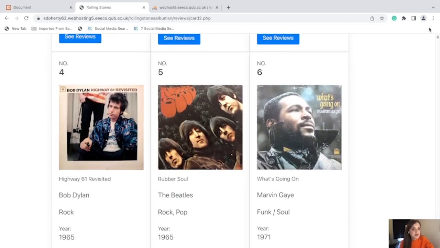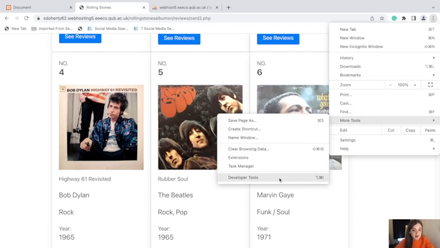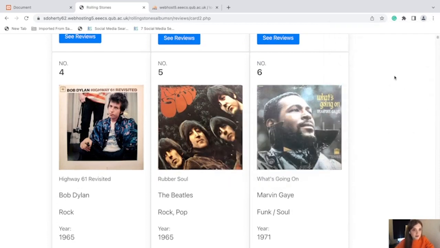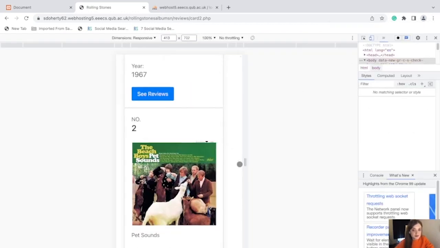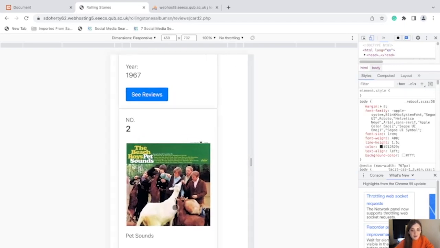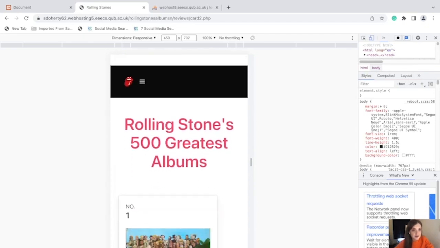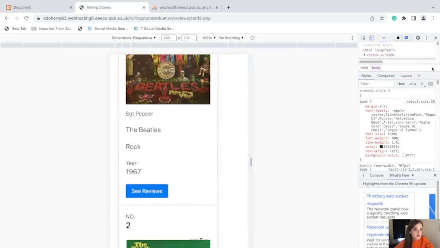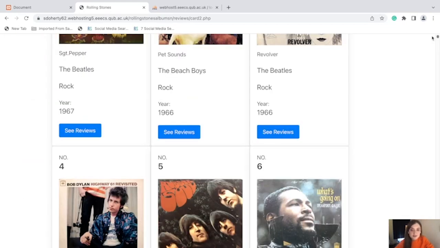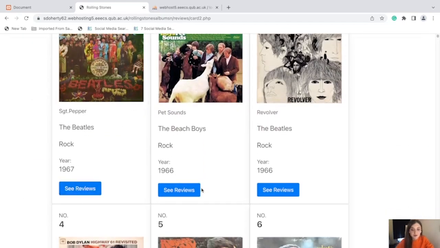I'm going to show here that the website is responsive using the Google extension, which allows the website to be viewed in mobile view, and we can see that the Bulma cards are rearranged for viewing. I'm going to close this, and then we have the see review button within each Bulma card,